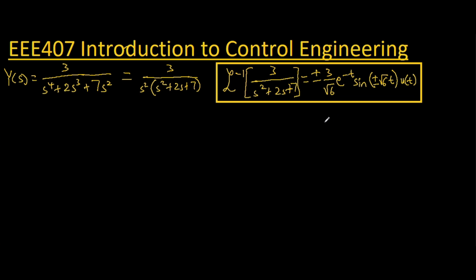So in this video we will finally compute the solution of this. Now remember this function I kept over here on the right? In reality we do not need it. It really doesn't help us to have the inverse Laplace transform of 3 over s squared plus 2s plus 7. Having it doesn't help us much, but we'll still keep it there and see how our solution